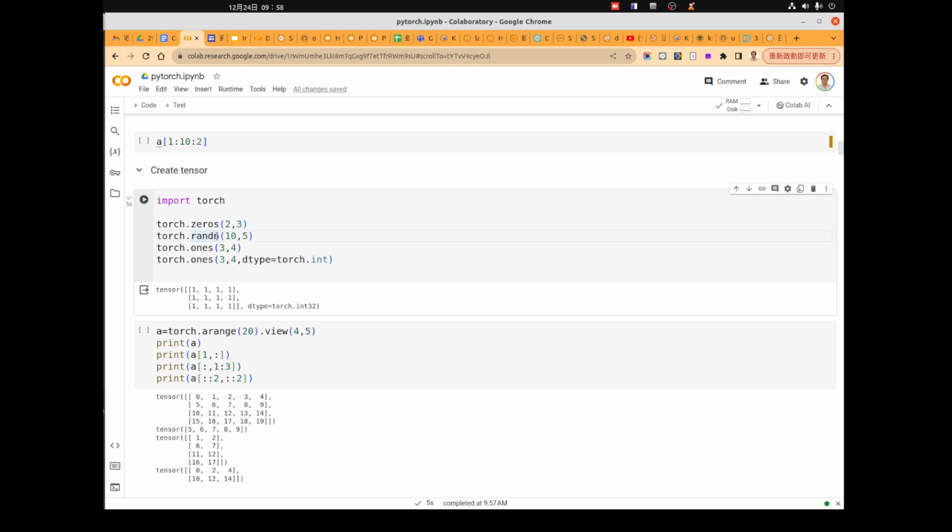The second one is the same, but instead of 0, every element will be filled by a random variable. This is very useful if you want to initialize a tensor with the normal distribution. And the third one is ones, so instead of 0, you need the value to be 1.